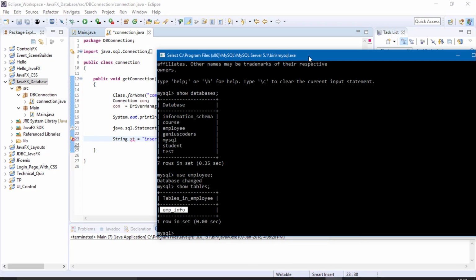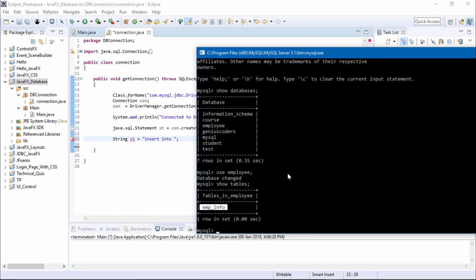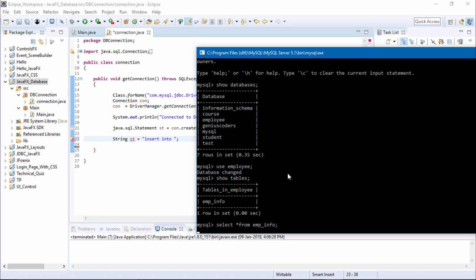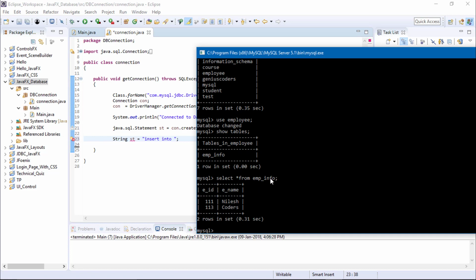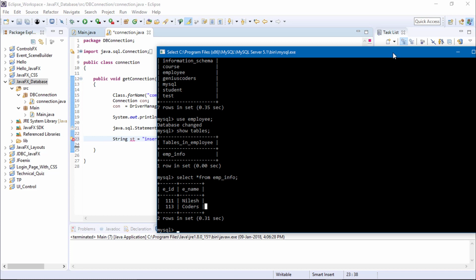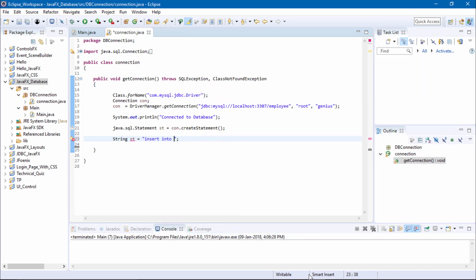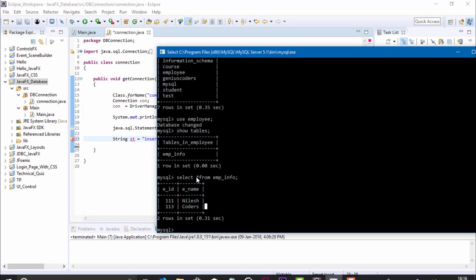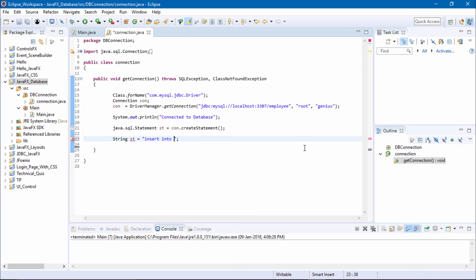So let's see, select star from emp info. So in this table, two columns are available, eid and ename. And so let's insert into table name emp info